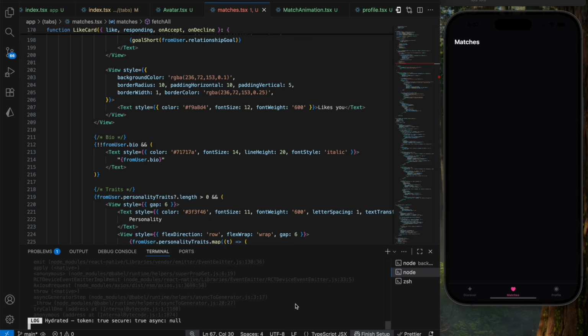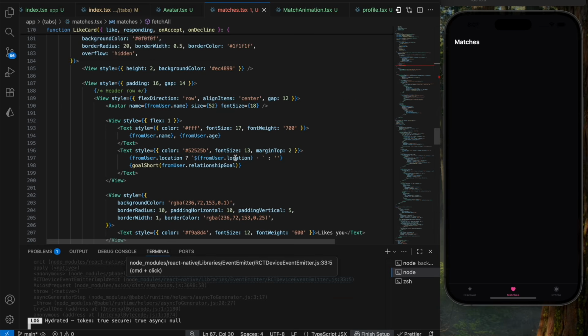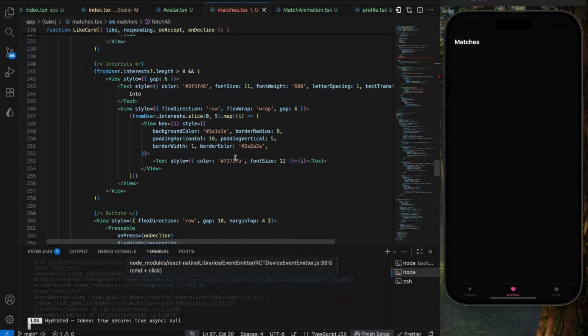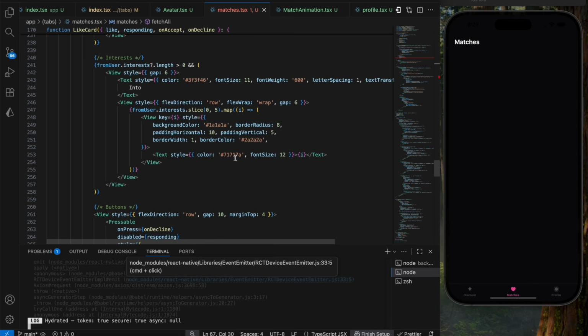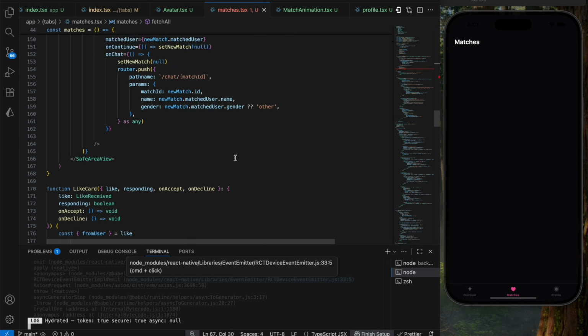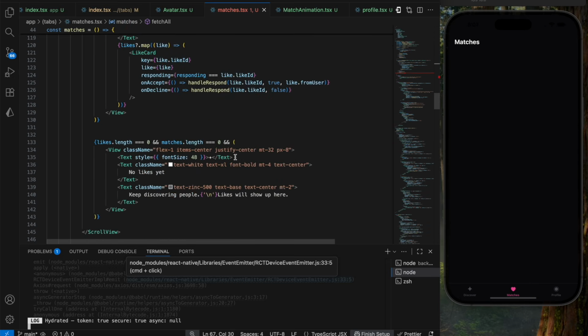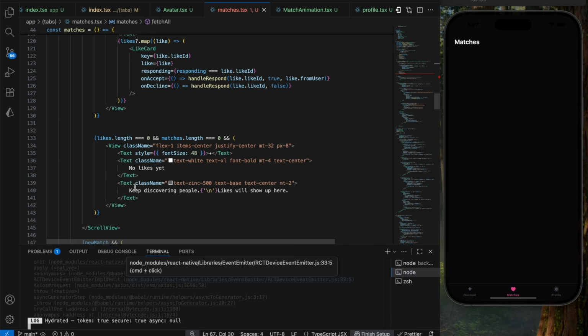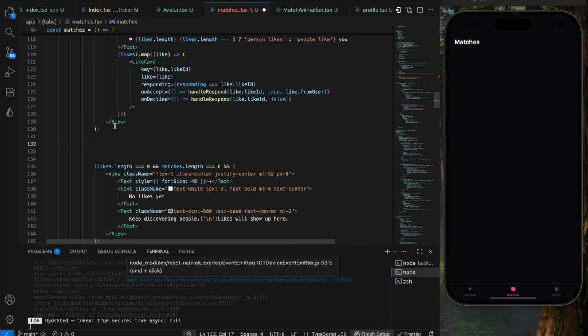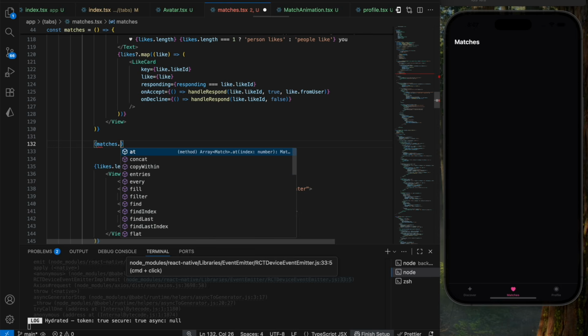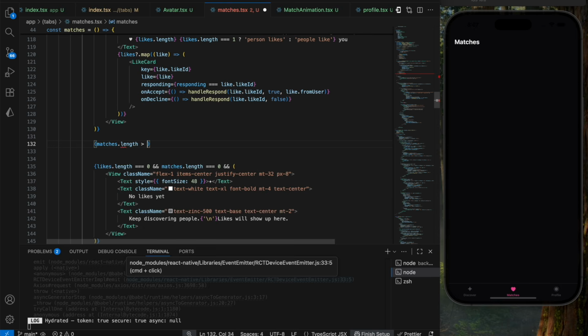The reason the matches are not coming is because we have not written the code for that. We've only written the code for the likes.length. So make that change. That's going to come right below your likes. Okay, so this is basically your like card. Where we have the likes.length, here above we can write the condition and now it should work properly fine. So matches.length, if it is greater than 0,